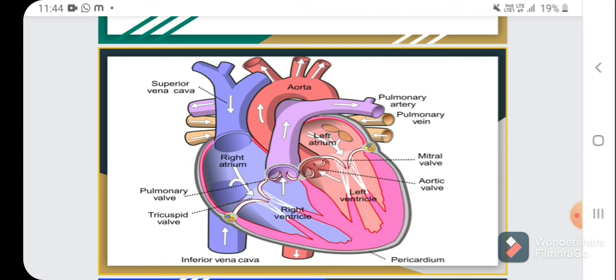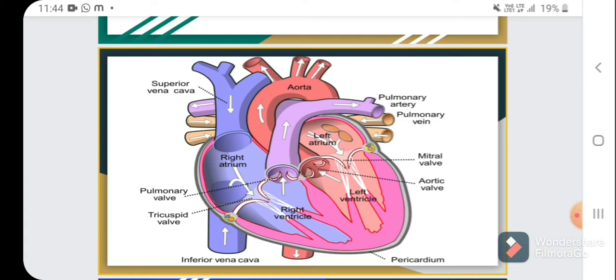There is only a 10% chance of endocardiosis in the tricuspid valve, which is present between the right atrium and right ventricle, but mainly it happens in the mitral valve. Be careful: the valve between the right atrium and right ventricle is the tricuspid. Just remember that in "tri" there are the letters R and I, and in "right" there are also the letters R and I. So between the right atrium and right ventricle there is the tricuspid valve, and between the left atrium and left ventricle there is the bicuspid valve, also known as the mitral valve.